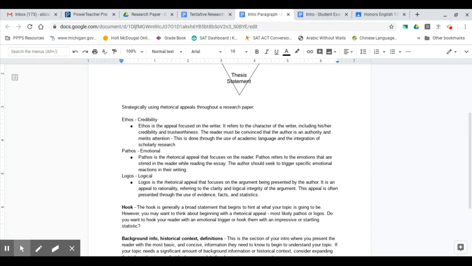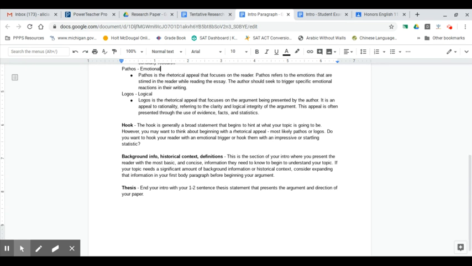So within your introduction, there are three pieces, as we know. You start with the hook. The hook is literally just a general, broad statement that begins to hint at what your topic is going to be. Don't overthink this. Please don't start with a random definition that has nothing to do with your paper,